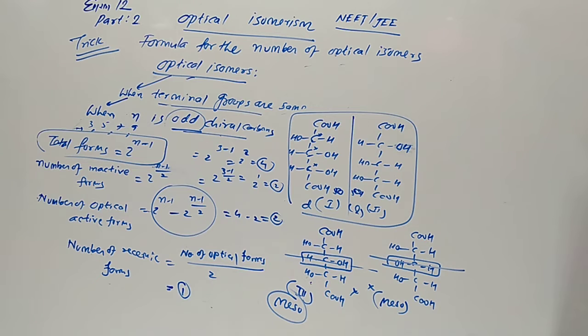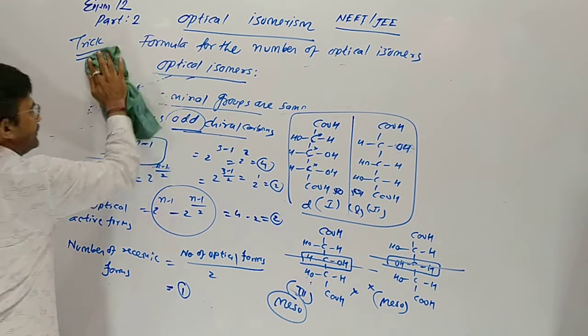Understood? Now, in the last, some exceptions we are going to discuss. Sometimes a chiral carbon is not present, but the compound is optically active. Allene derivatives. In the allene derivatives,